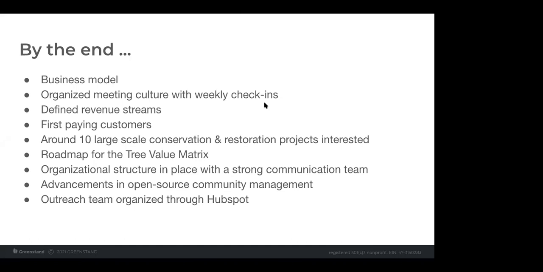We also have the roadmap for the tree value matrix, as you saw earlier, and we got our organizational structure in place. We also got a really good grip on how to manage the open source community and to engage with our volunteers. This is something that we are very proud of, that we really give the community members a space where they feel they can contribute to something that is meaningful,